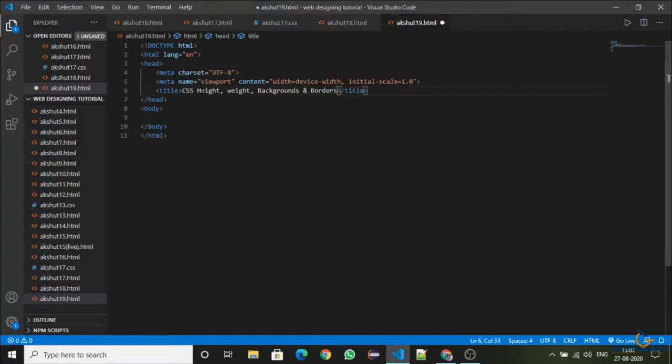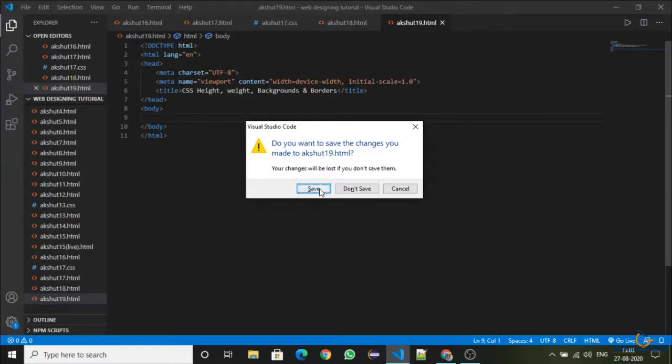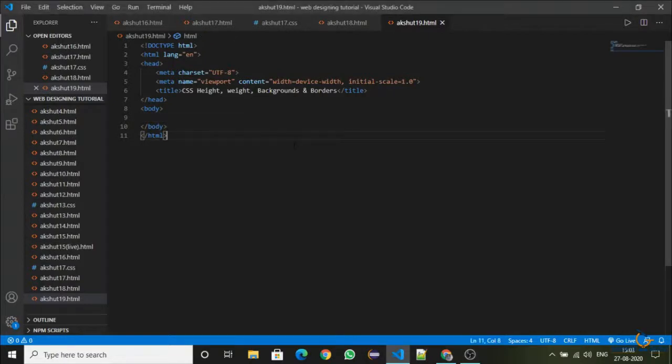Now I will save it. Now I will open the live server. So it is open now here.